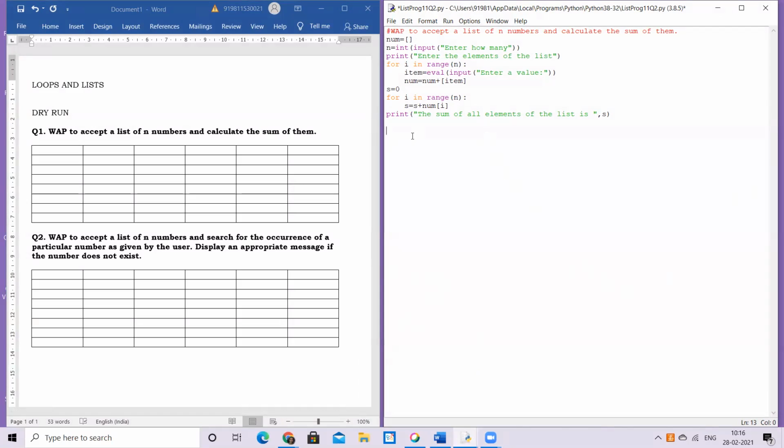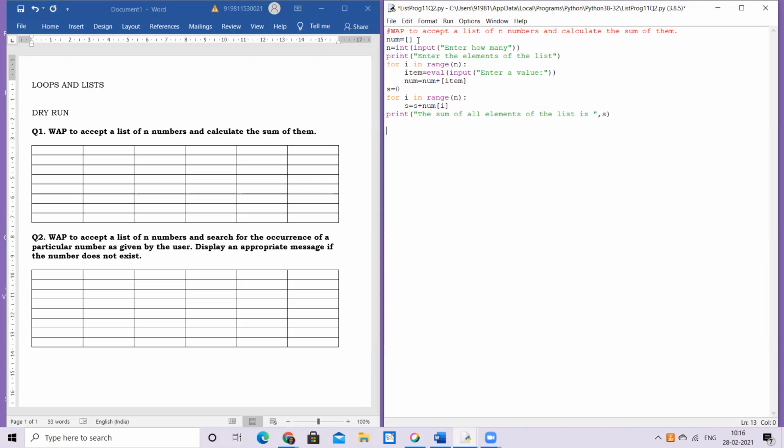Okay, so considering that particular thing, now my first question which I try to do is that I want to create a list of n numbers depending upon what user gives me and then calculate the sum of all those numbers. That's my first question. Okay. Now in order to understand that, we are going to first step by step do the working of accepting the elements and storing them in a list. I'm not creating a static list and then using that list. I'm going to make a list myself after accepting the elements and then store the data.